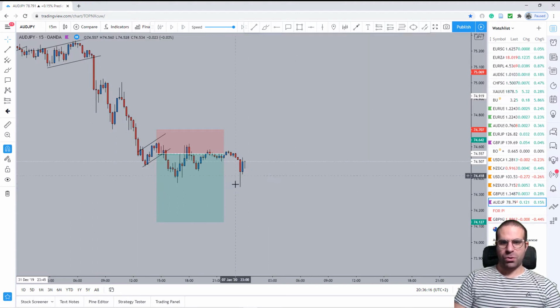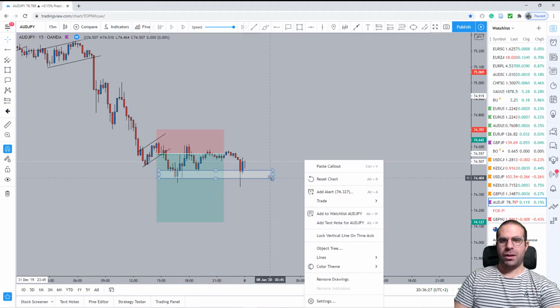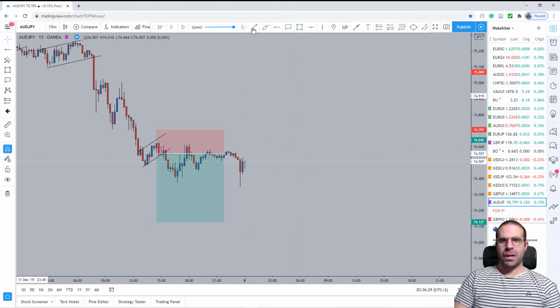I think after this wick over here, guys, we would go to break even. When we break actually the previous area, like this area, we broke it with this wick, then I would go to break even. So I'm doing everything in real time, so we cannot claim that I did something because I saw the price in retrospect. So here I would be at break even.